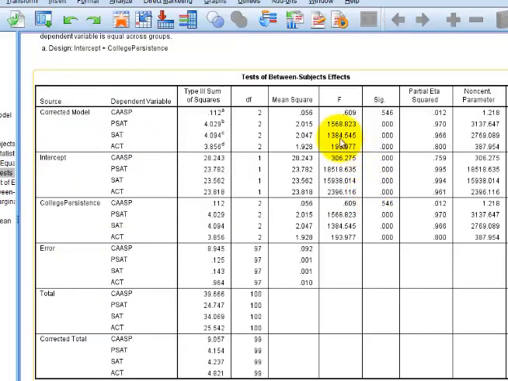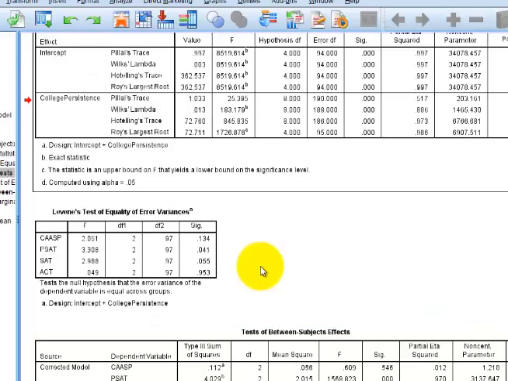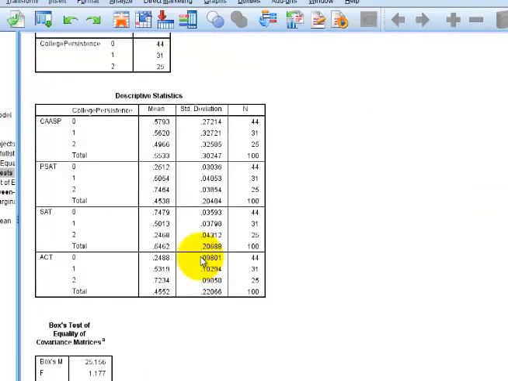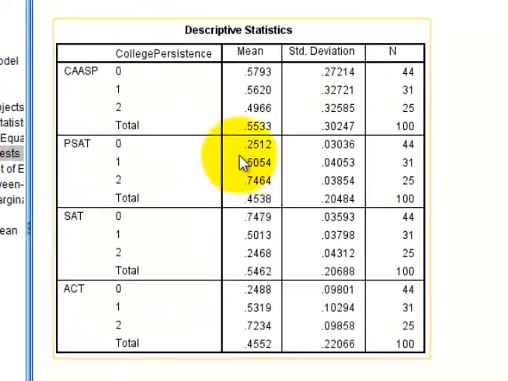And here's the money box. So you can either use the corrected model or the college persistence model. They'll be exactly the same. And it agrees. There's a significant difference somewhere between group 0, 1, and 2 in the PSAT and the SAT and the ACT, but not the CASP. Now, you could run those post hoc tests if you want to, but you really don't have to, because now that you know where the differences are, you can simply go up to the group means, the descriptive statistics. So there was no difference here, but there was a difference in the